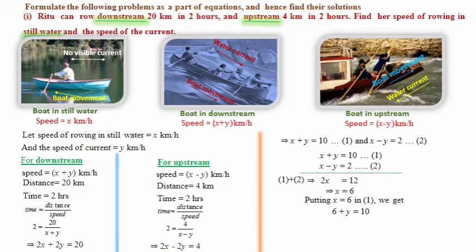Substitute this in equation number 1. What we are going to get is equation number 1, x plus y is equal to 10. We substitute x, that is 6 plus y is equal to 10, and the 6 moves to the right side, that is y is equal to 10 minus 6, that is equal to 4. Finally we have got the answer.